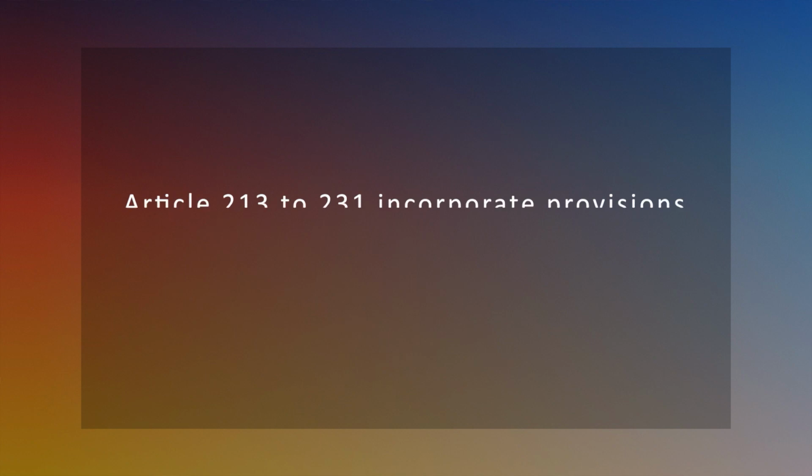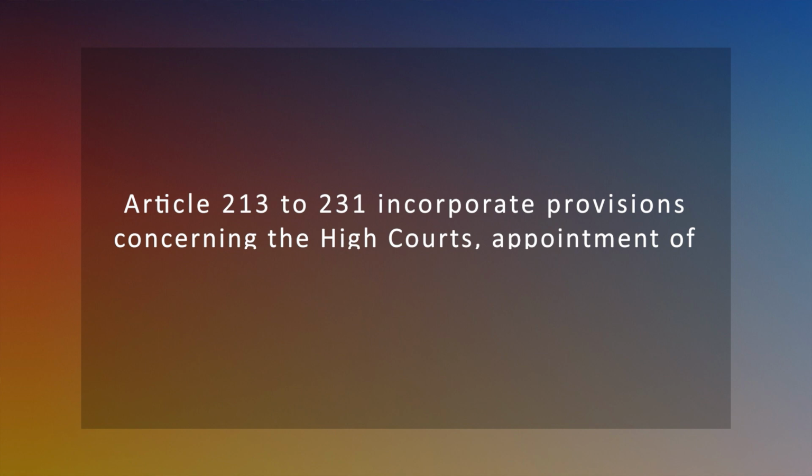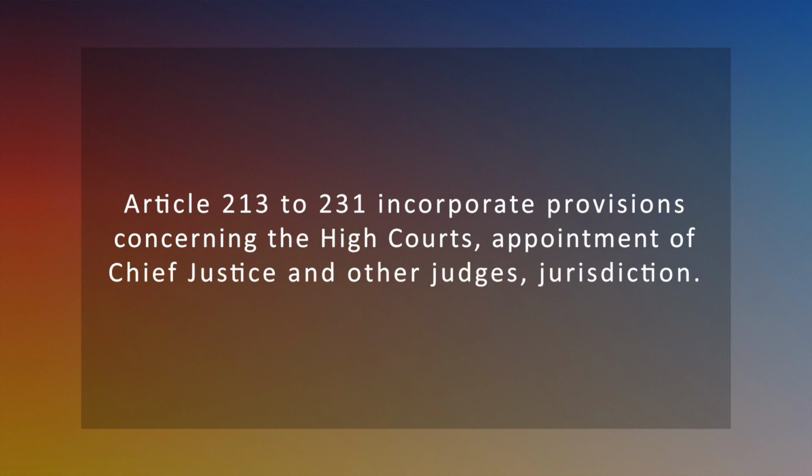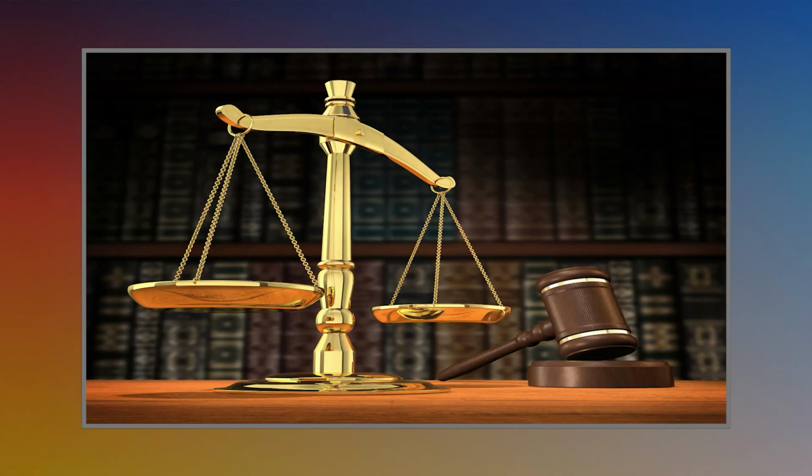Article 213 to 231 incorporates provisions concerning the High Courts, appointment of Chief Justice and other judges, jurisdiction, and other details. To ensure the independence of the judiciary, elaborate safeguards regarding appointment of judges, their tenure, salaries, and procedure for their removal are